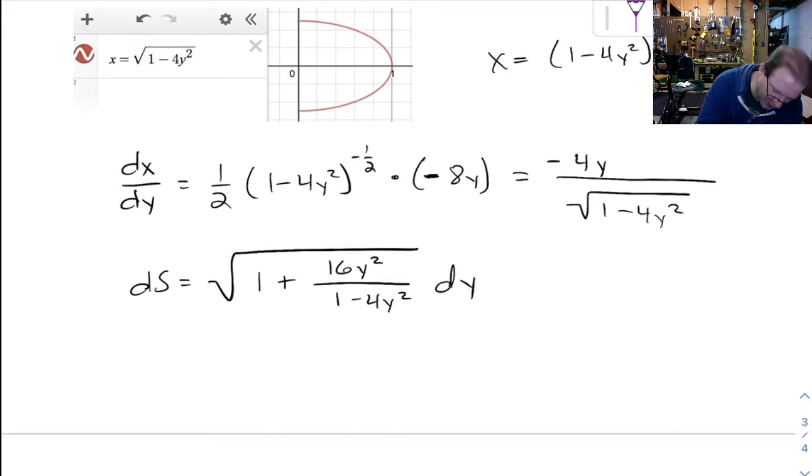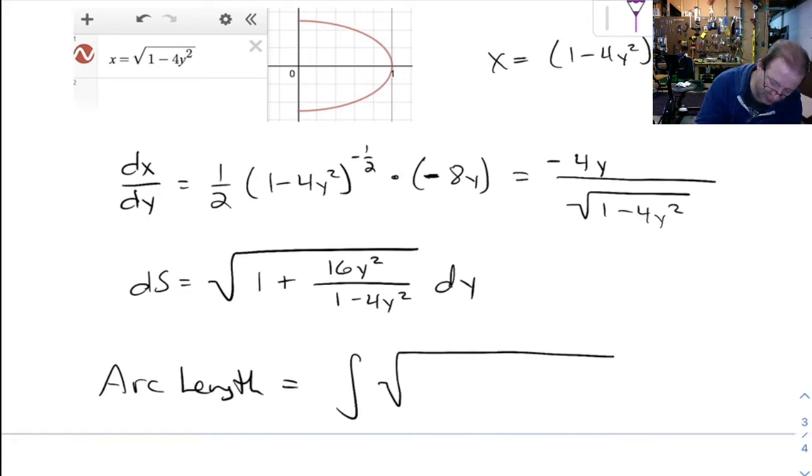Let's just write the answer. So the arc length is going to be the integral of this, all right, from,